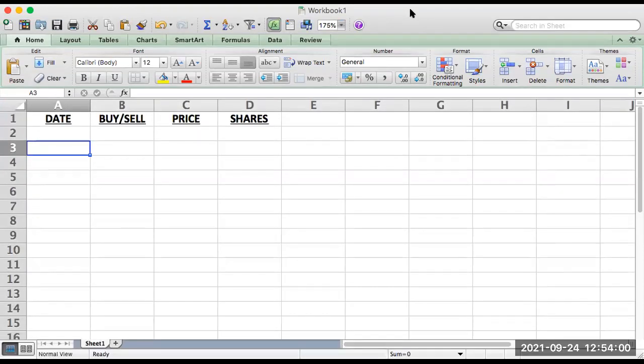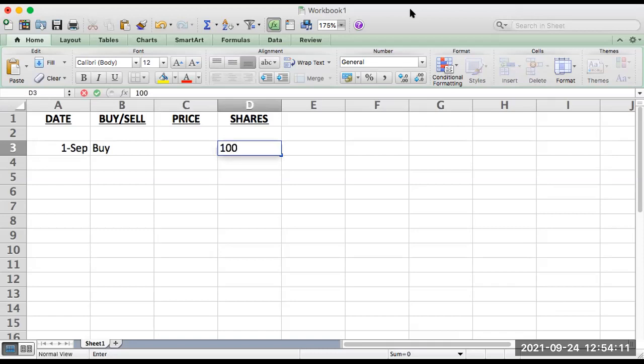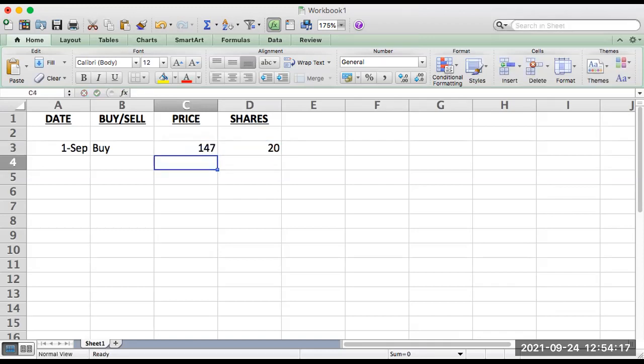Now, let's say today or whatever, September 1, we buy 20 shares of Apple at, I can't remember the price. We'll say 147. Okay, so this is what we have. Put this in dollar terms, numbers. Now, since it's a buy,